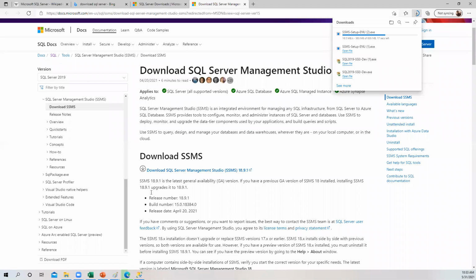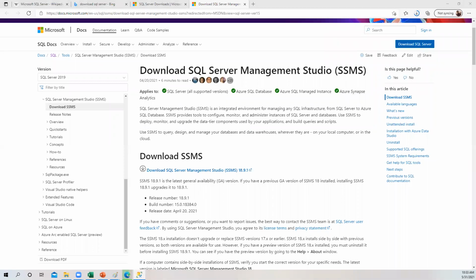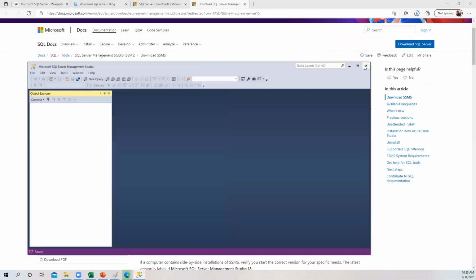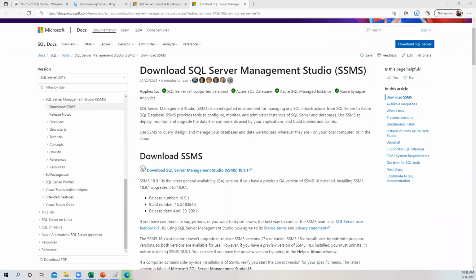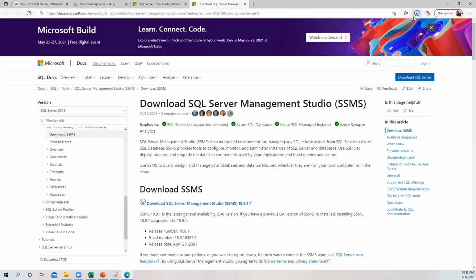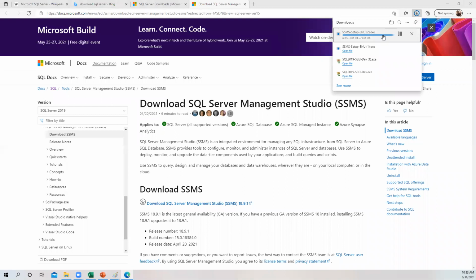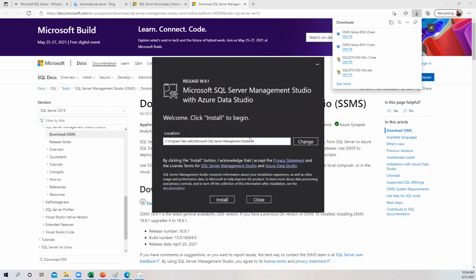Is that the reason that is showing the line? Maybe. Yeah, I kept this open. Let me open this file again. After I close that one, okay, it is letting me install.